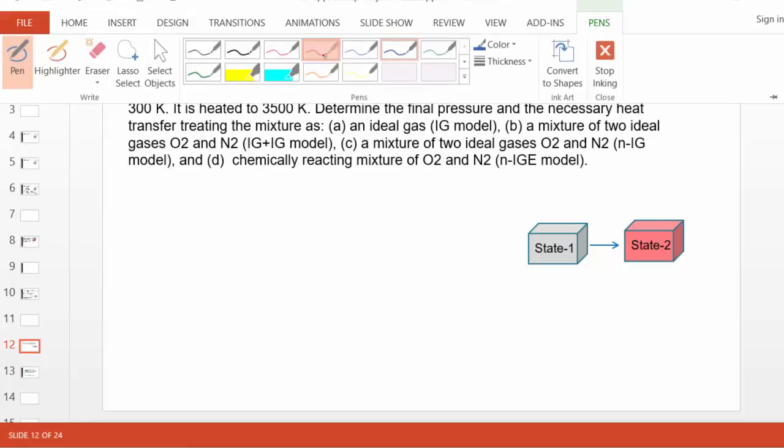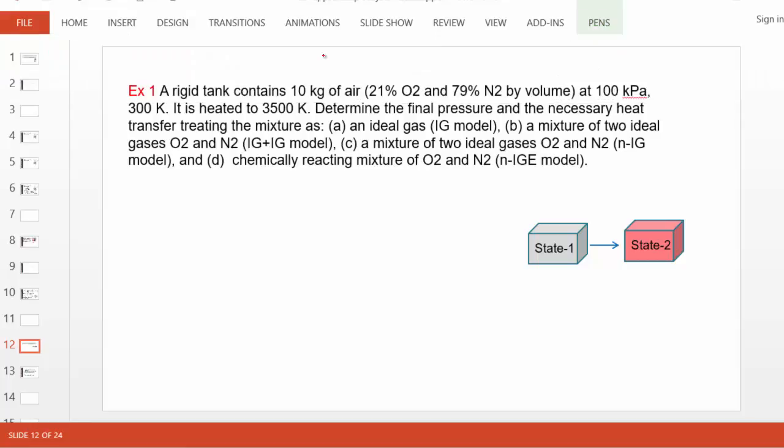Hello, this is an ambitious problem. A closed system is given, a tank that contains air, and it goes from state 1 to state 2 as the air is heated. We are supposed to find the heat transfer, but the interesting thing is we are supposed to treat the air as a pure ideal gas in part a, a binary mixture of two different gases, oxygen and